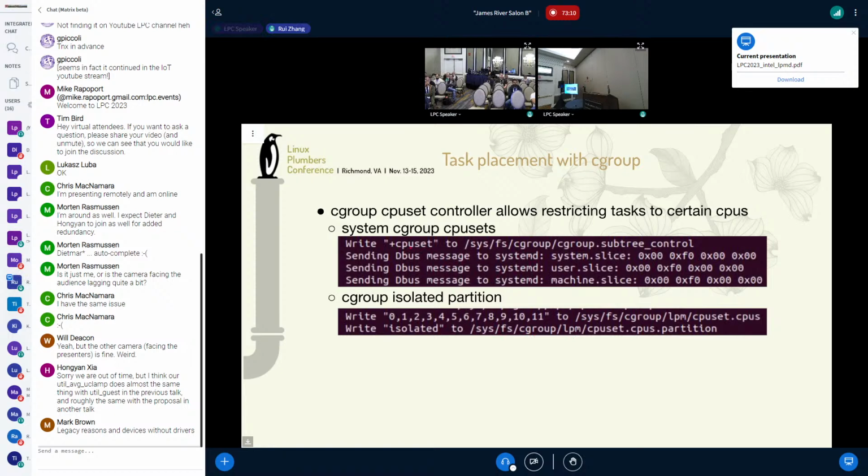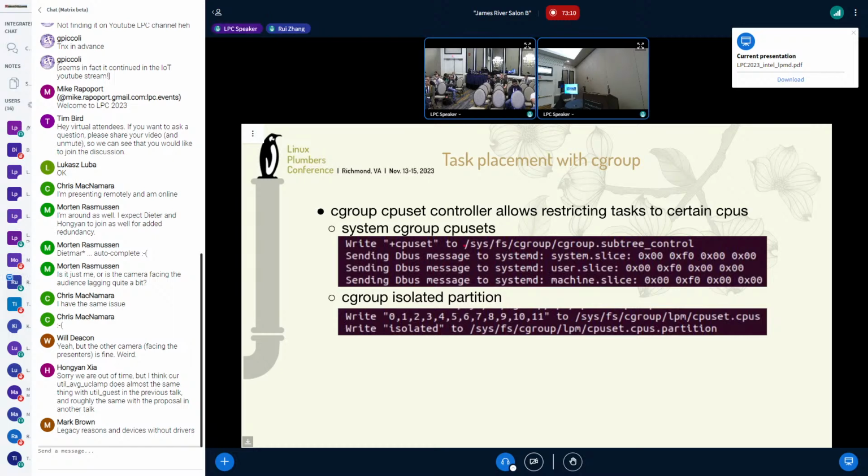As we know, the cgroup cpuset controller allows restricting tasks to certain CPUs. In the Intel low power mode daemon, we support two different solutions. The first one is to change the systemd cgroup cpusets to low power CPUs. This helps restrict the user space tasks to run on these CPUs.